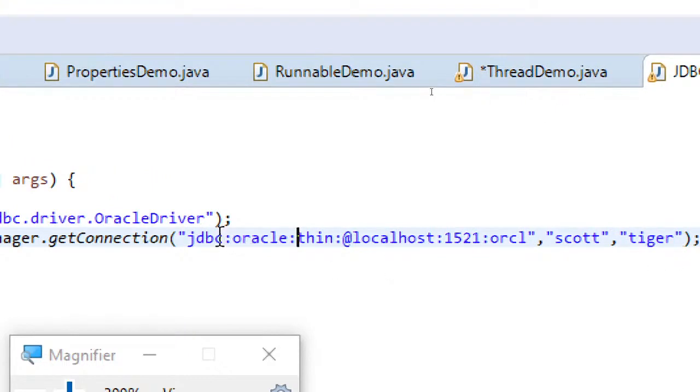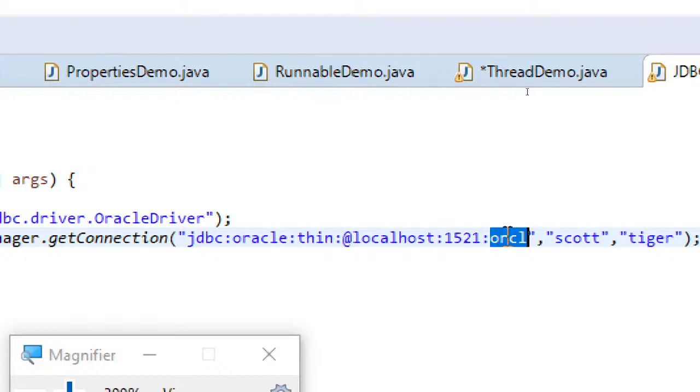In this URL, jdbc is the API, oracle is the database, and thin is the type 4 driver. And here you have to mention, if it is in the local machine you can use @localhost, or you can mention even the IP address, and next the port number where this Oracle database is running, and then the service name, and for most of them it might be XE.